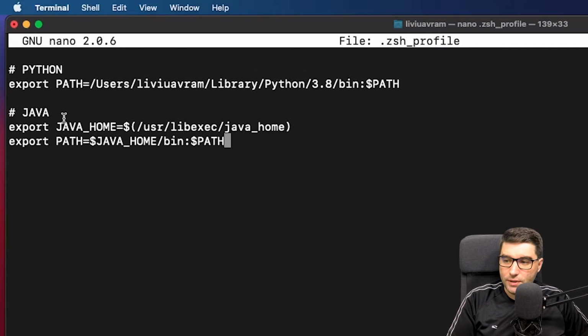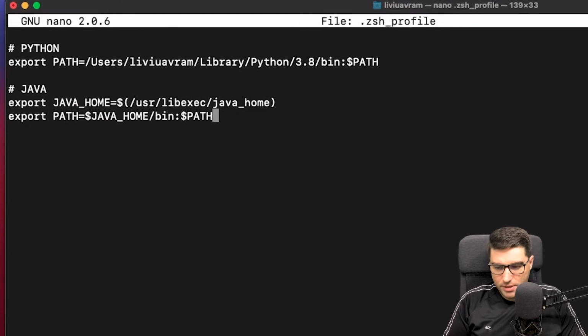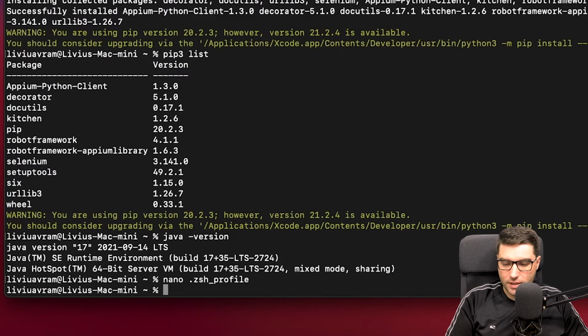It is very important to set this JAVA_HOME directory because it will be required by APM and by Android Studio, so it's a big deal having it. I will save this with Ctrl-O and Ctrl-X.